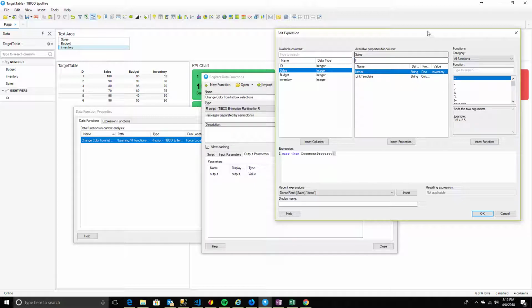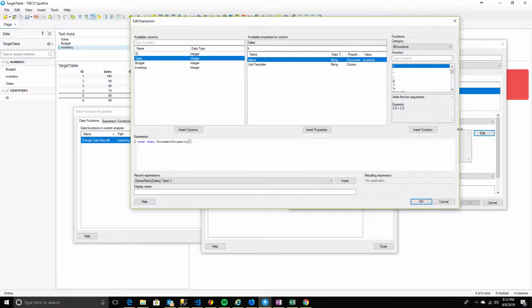If you look into this list box, right now this value here is what I have selected in my text area: inventory. So when I select this, I'm just calling this list box into my document property. Simply, I can call it like this. So when my list box property is equal to